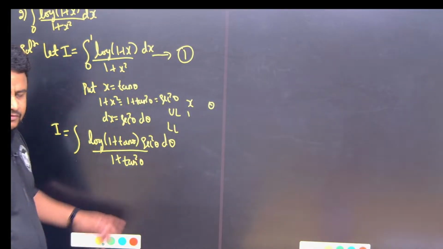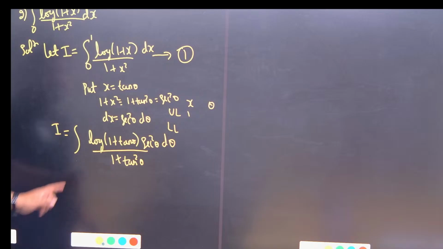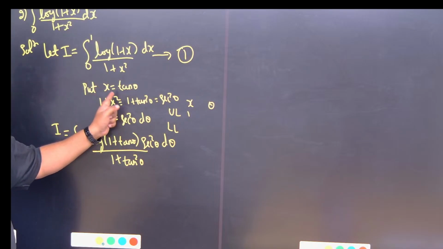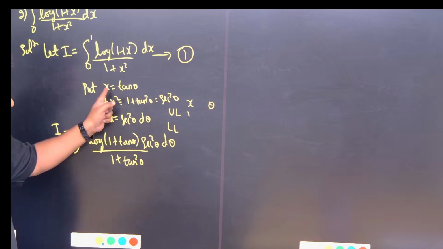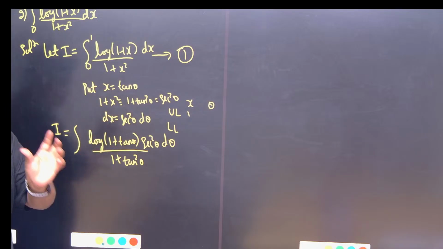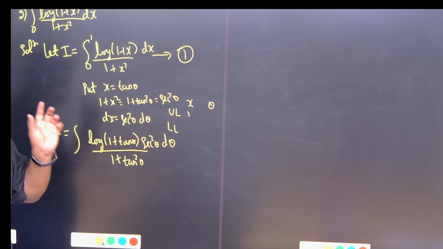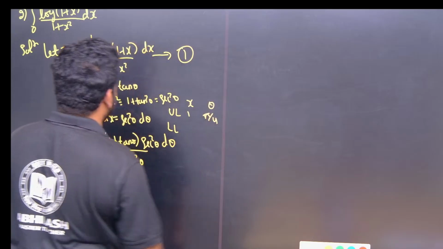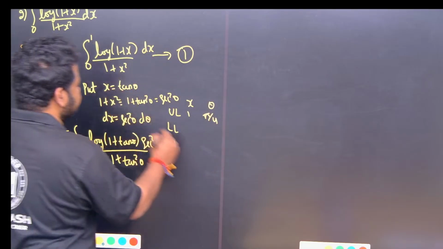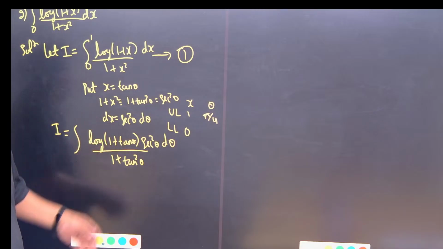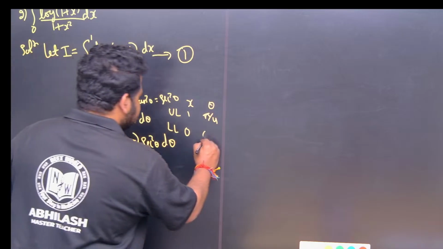When x is 1, tan theta is equal to 1, and tan theta is 1 for theta equal to pi by 4. So when x is equal to 1, theta will be pi by 4. When x is equal to 0, the lower limit, tan theta will also become 0, which happens for theta equal to 0. So the limits will become